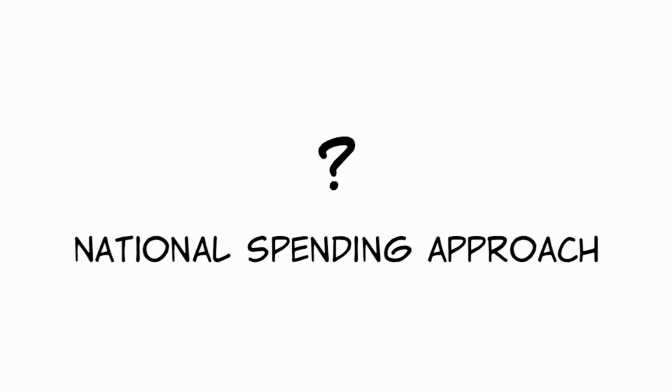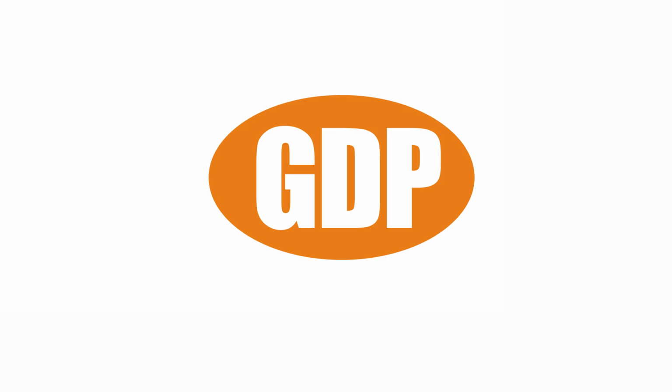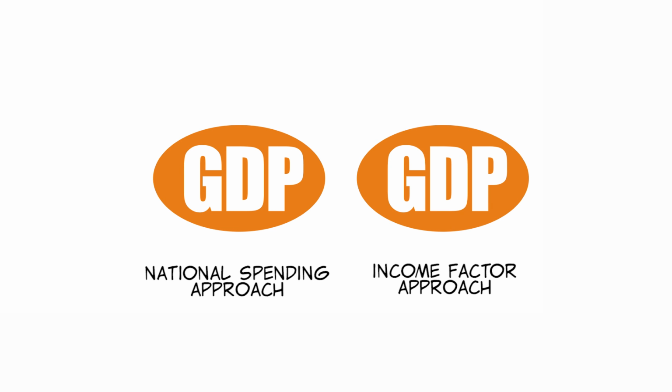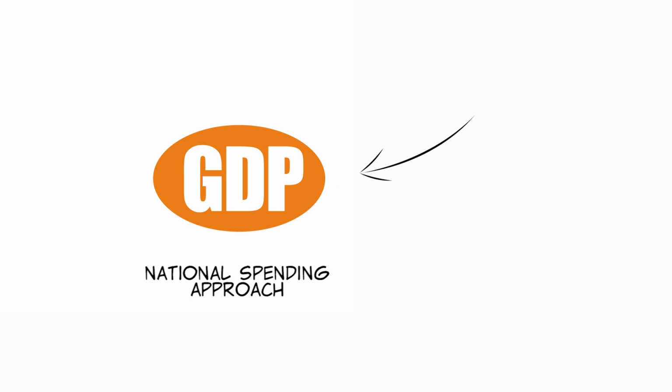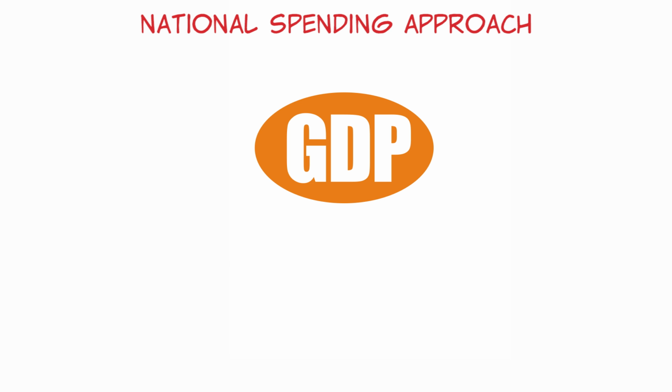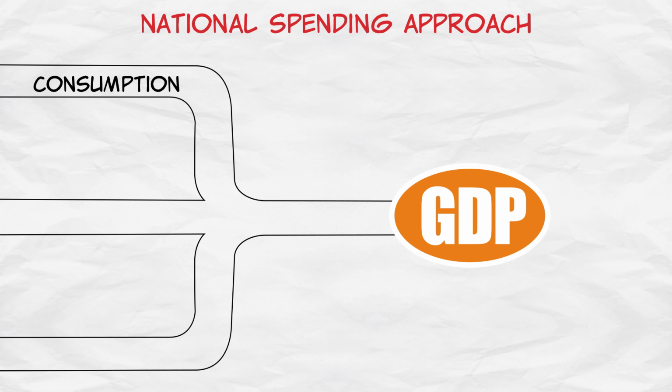What is the national spending approach? Well, there are different ways to calculate gross domestic product, but this approach, otherwise known as the expenditure approach, turns out to be the most common. The national spending approach takes all the goods and services that go into GDP and splits them into consumption, goods